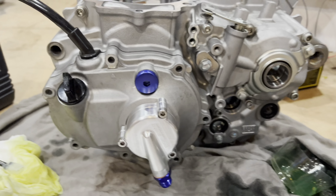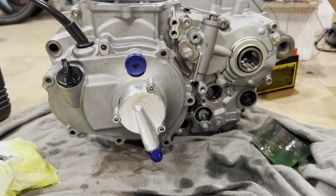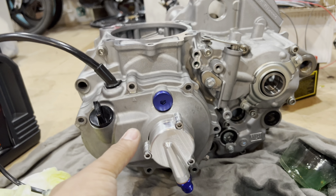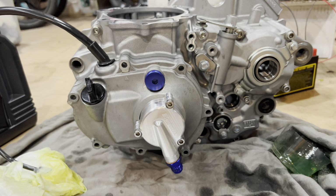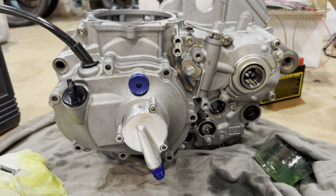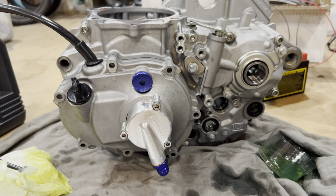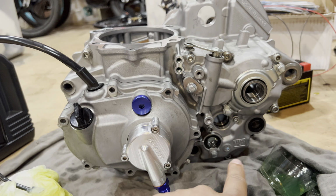But yeah, for the most part, it clears pretty good. I will be taking this up to the shop and mounting it on the mock-up motor so I can see what the foot clearance is like. But I really don't think it'll be too bad, because from all the videos I've seen of me riding my bike, my foot is never in this area, because the shifter is somewhere back here. So